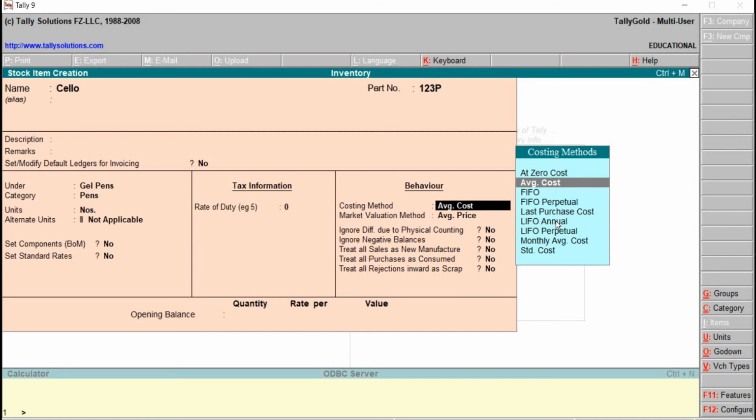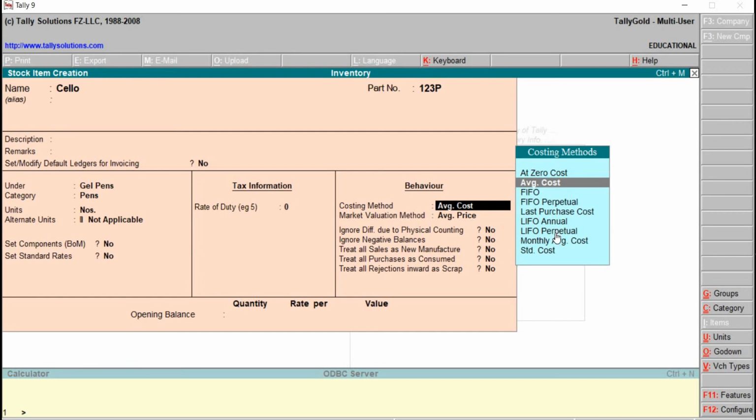The next one here is LIFO annual. LIFO indicates last in, first out annual. This is nothing but the sale of the newest goods will be done first, considering the current financial year. That is nothing but the first lot from the opening stock of the current year.